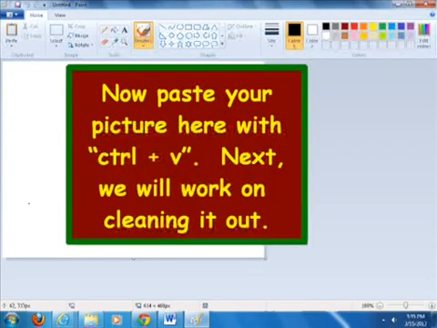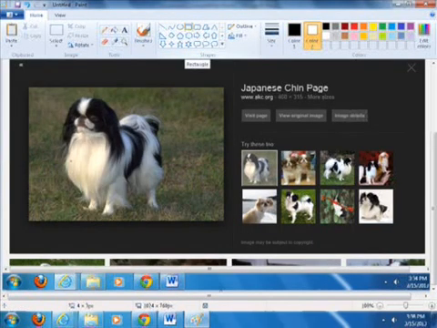Now what you want to do is paste your picture with Control V, and then our next step is going to be the hardest step in this, and that's working on cleaning the picture out. Okay, now we have our picture of the Japanese chen here, and what we have to do is clean out all the background here, or most of the background, so we can paste it over the beach